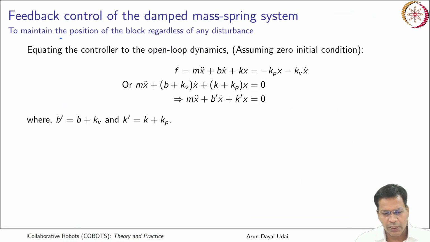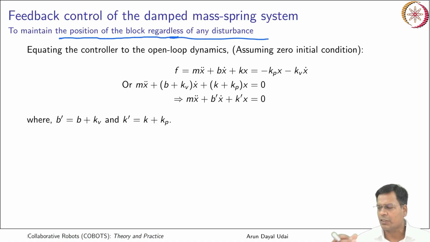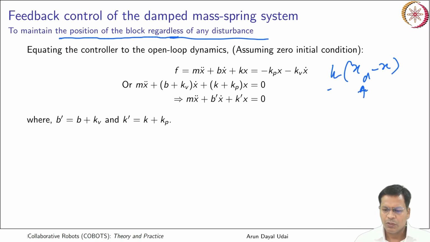In order to do position control of the block regardless of any disturbance, let us say there are some disturbances, I want to reject them all and still go to my desired condition. Let us say I have started from rest and I want to maintain my position at zero input, zero input for position as well as velocity. So this time I'll equate the desired values to 0. It was (xd minus x) into the Kp gain; if you want this to remain at the 0 position, xd becomes 0.